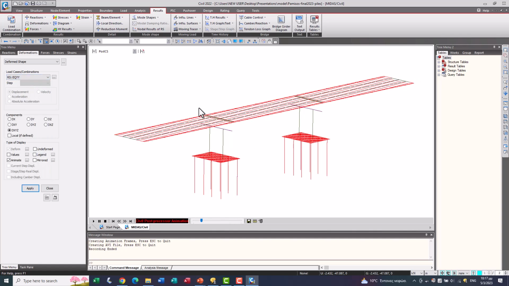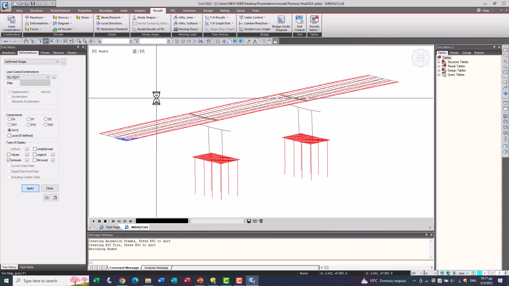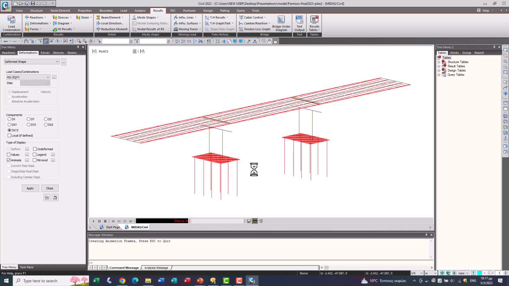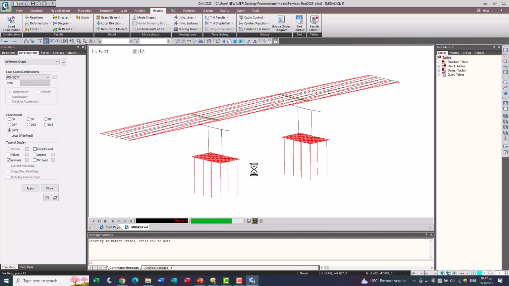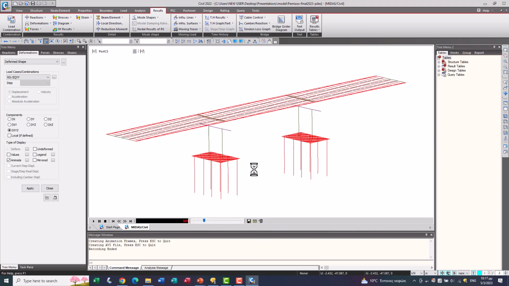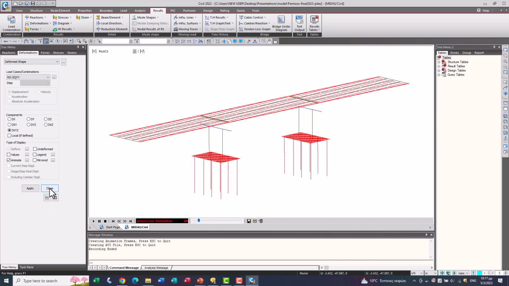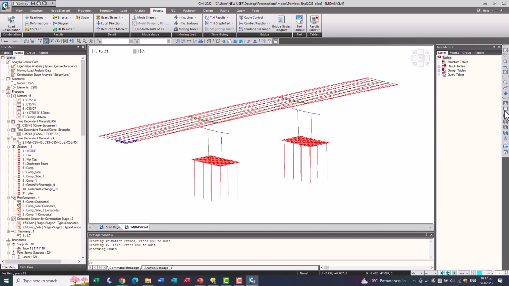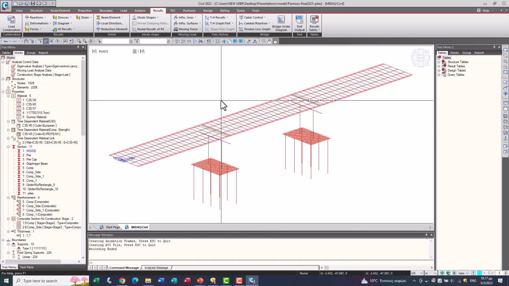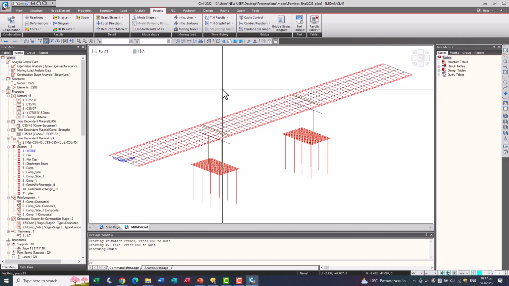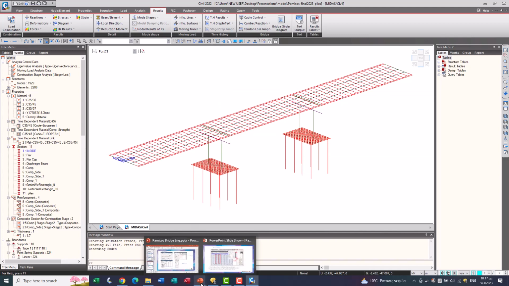Let's have a look at the Y direction also. Now we shall proceed to the design checks for the Eurocode. Then we'll go back to our presentation.